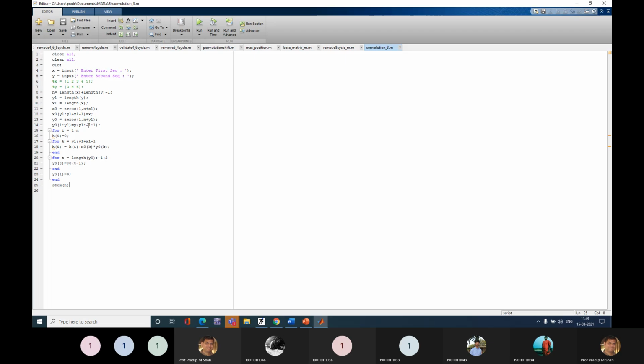I take the y sequence, the second sequence, and reverse it. Reverse means minus 1. So you can understand that one sequence is as it is, and the second sequence is reversed.